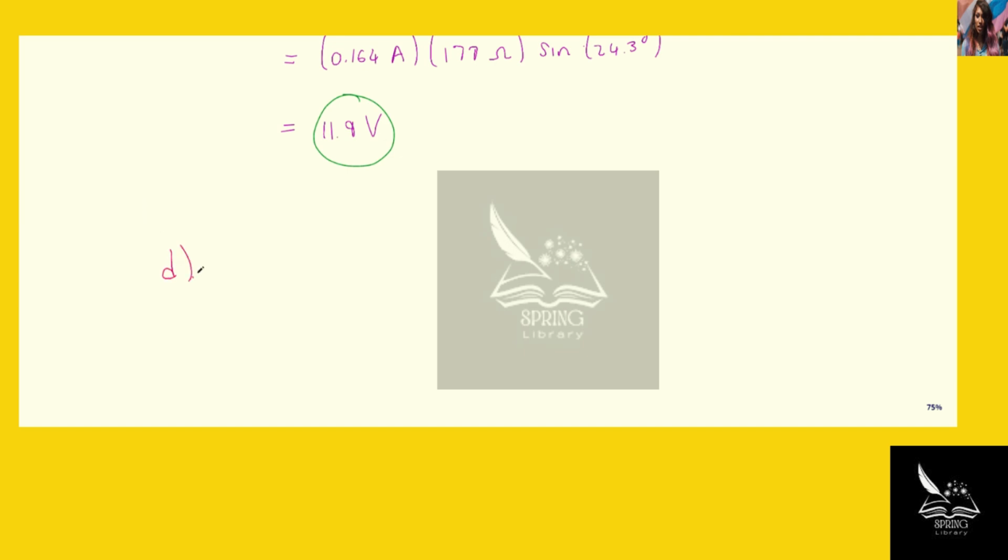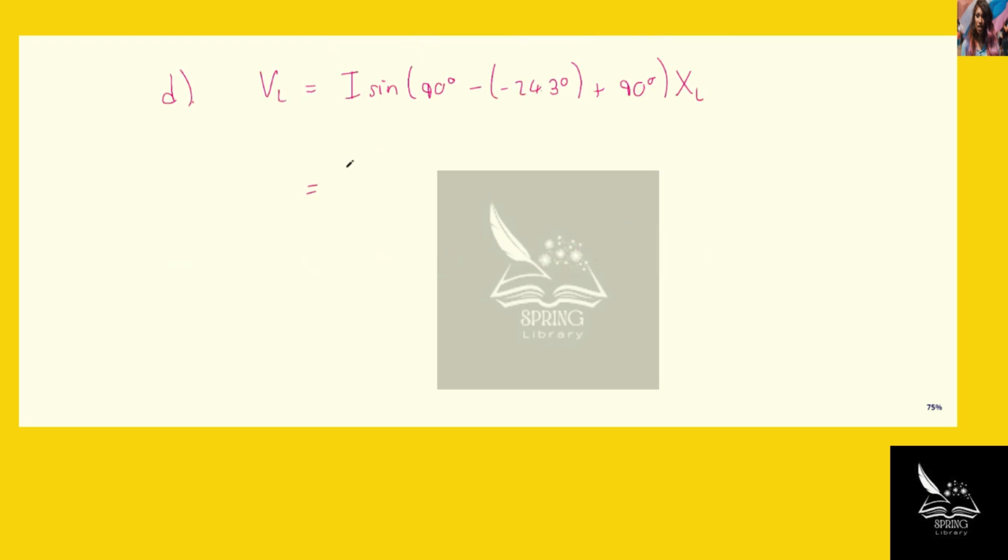Now for part D, the inductor voltage phasor is 90 degrees more than that of the current. And so at t equal to 4.17 milliseconds, we have the voltage across the inductor VL to be I times the sine of 90 degrees minus 24.3 degrees plus 90 degrees times the reactance XL. And so this is minus I XL times the sine of